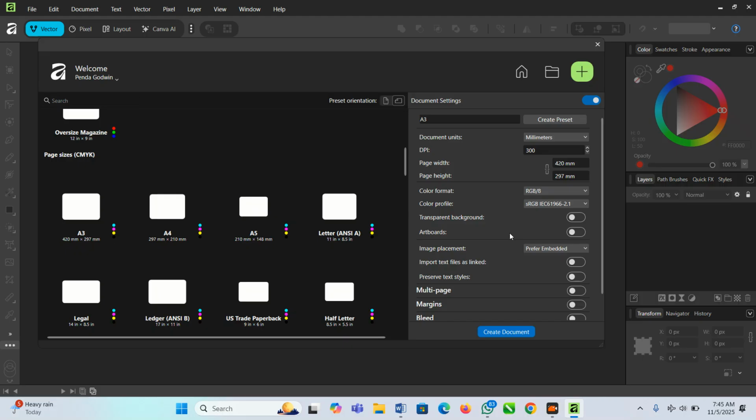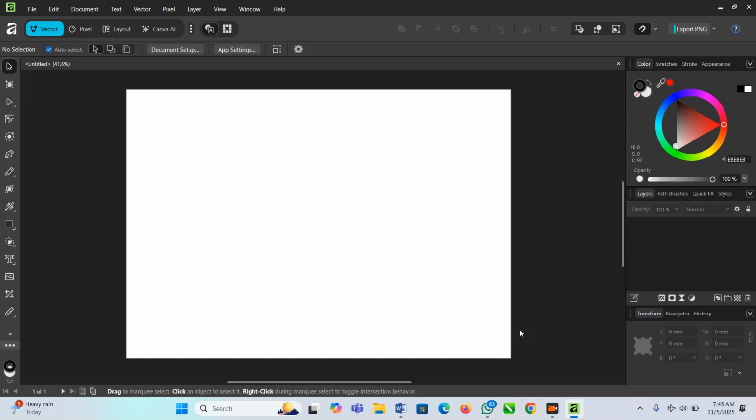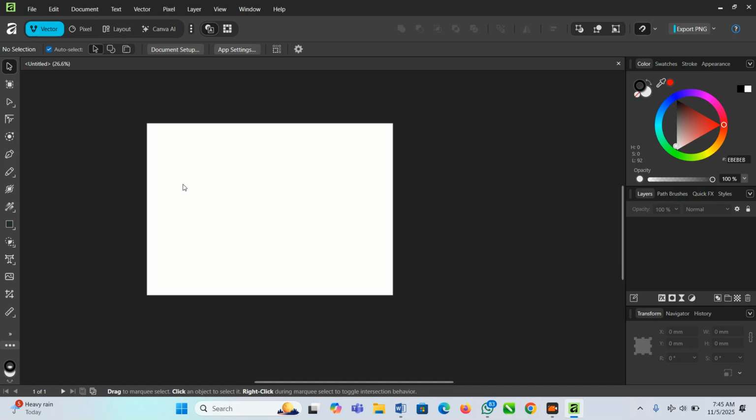So right now, let's go. This is our presets. So from our presets here, click on the plus, create document. It has opened this document, this is A3. So right now, let's press Ctrl and scroll to realign. So from here,